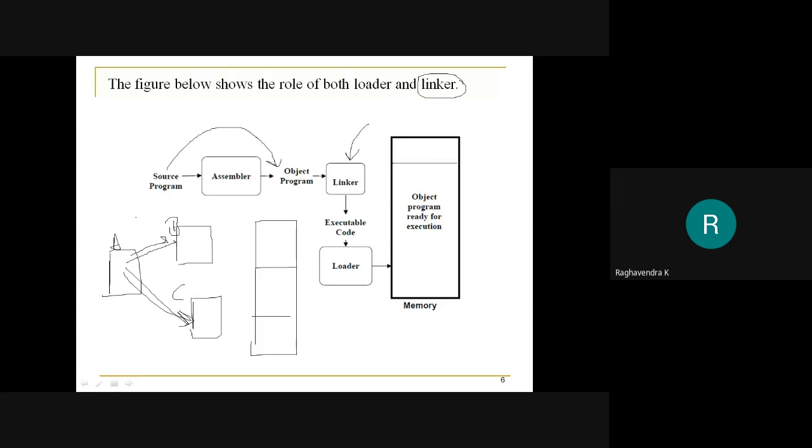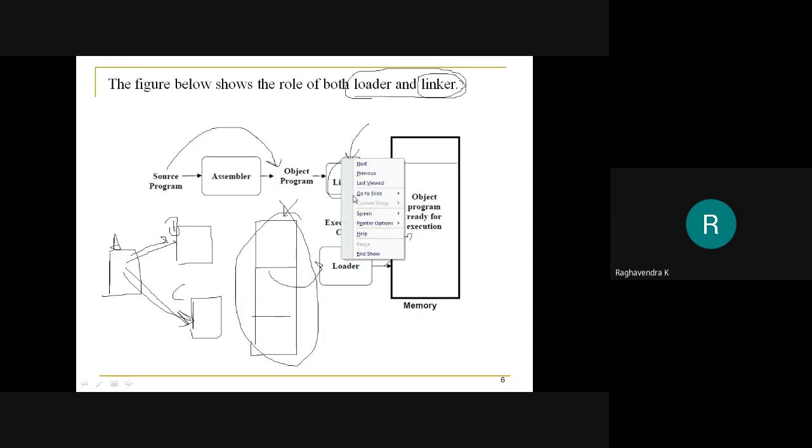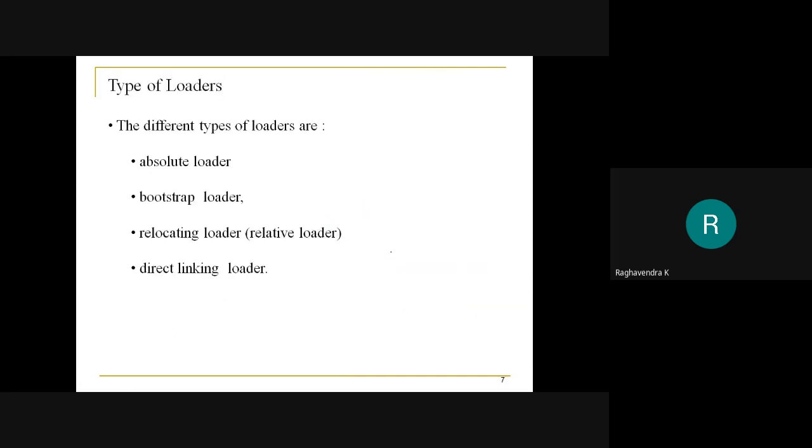This is also called linking. That job is performed by the linker to produce executable code, and that program is then loaded by the loader for execution. This is how loading as well as linking together is performed by the loader.